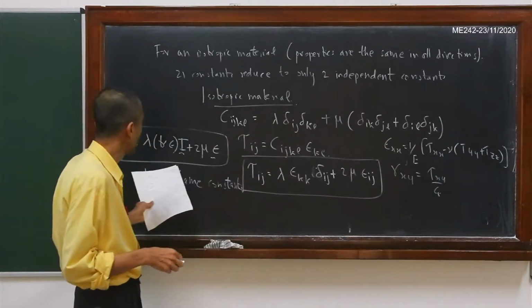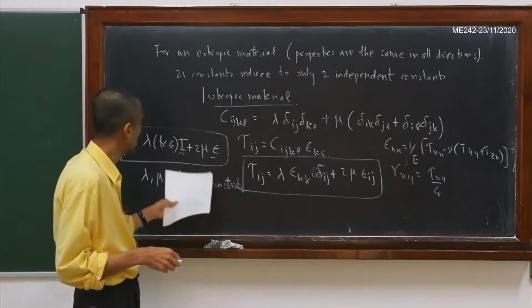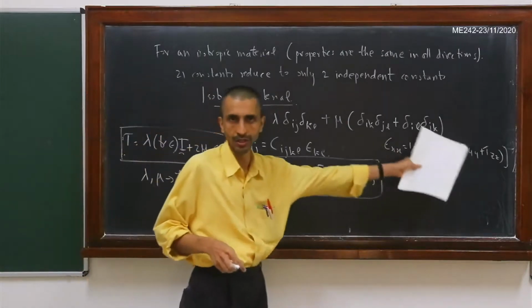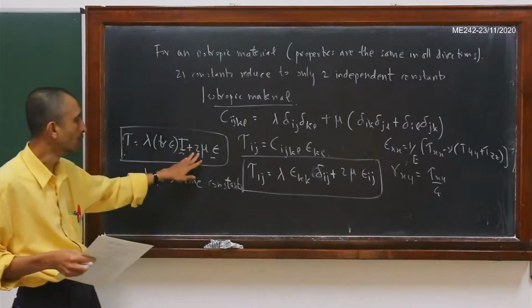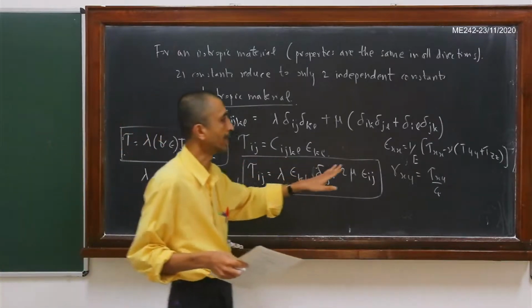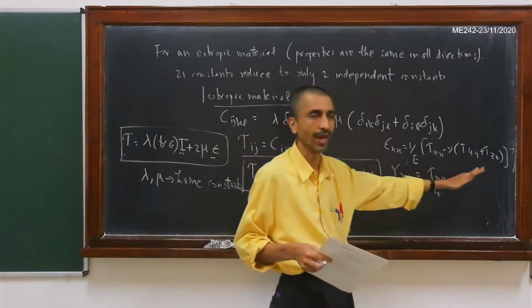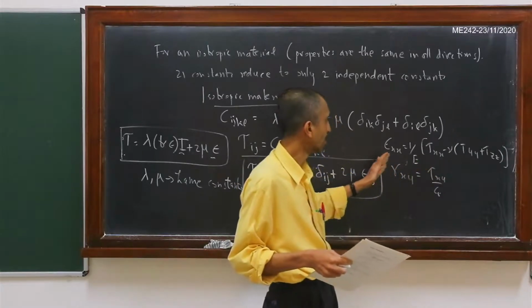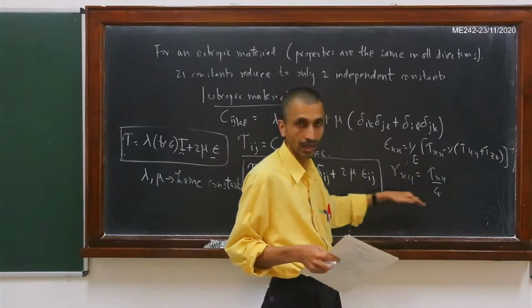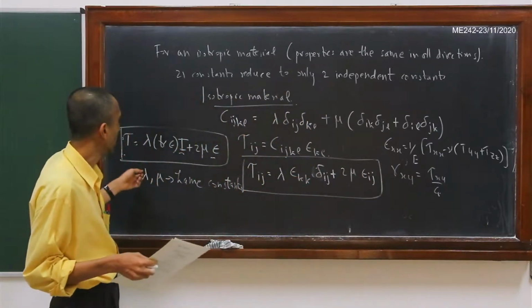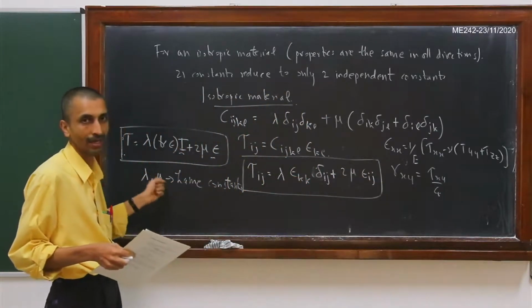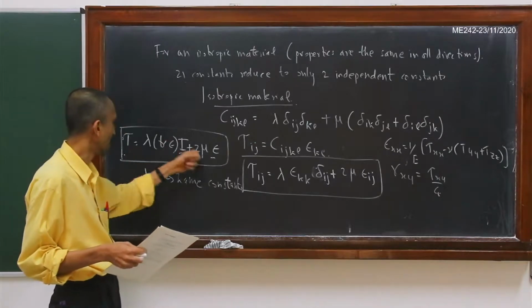So actually this is just the inverse of this particular thing, and so the lambda and the mu will be linked to the E and mu. Okay, so either you can write the constitutive relation in terms of E and mu in this particular manner, or you can write the constitutive relation in terms of the Lamé parameters in terms of this